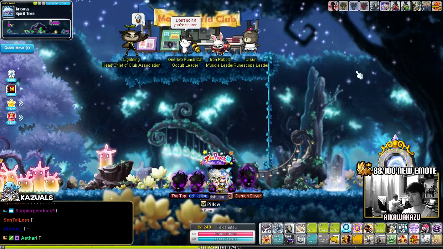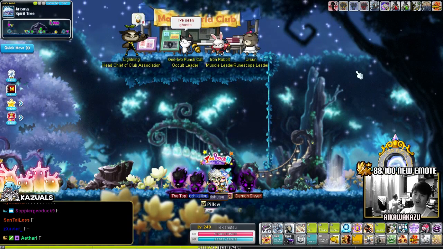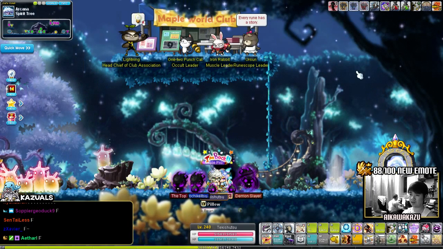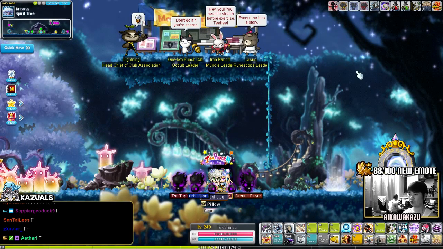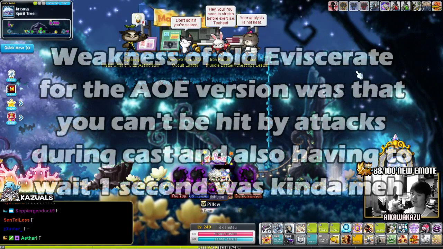Also, if you want to use the AoE version of Eviscerate, you had to have a 1 second window where your character will show a talisman, and if you're not hit by any projectile or attack in that 1 second window, then you will use the AoE version of the skill, which makes using Eviscerate for mobbing, grinding, and farming very clunky,